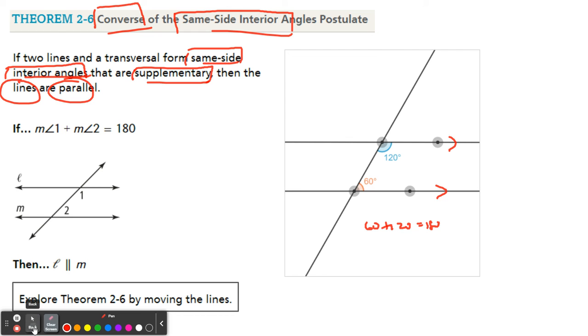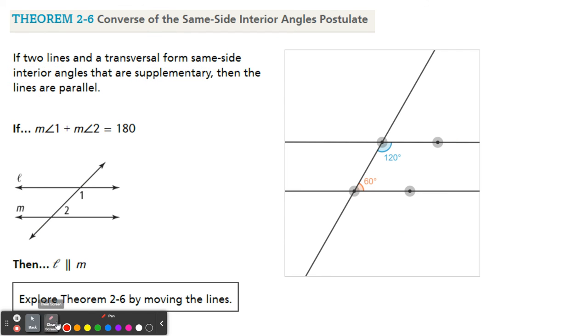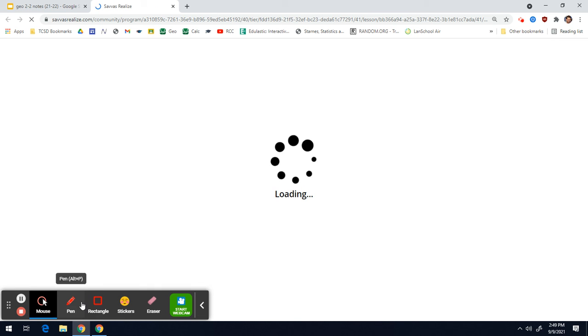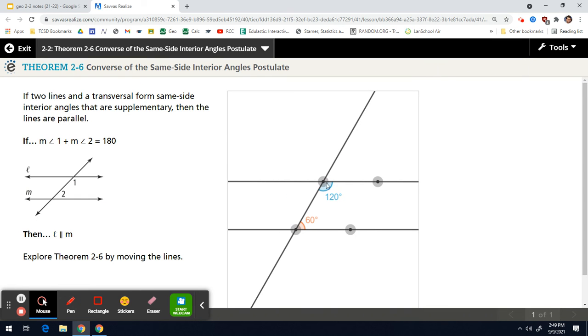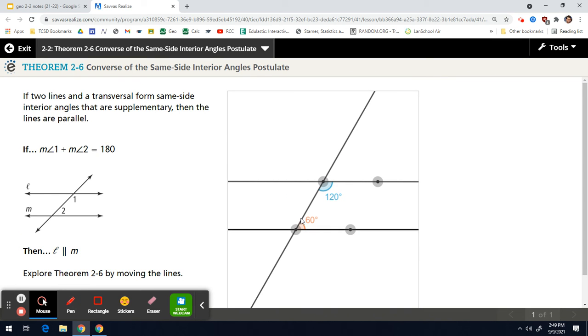Now let's explore this real fast. Let me take down these. Let's see if it jumps right to it. So what we're going to do is move some lines around. So let's move these. Notice they're not parallel, so they don't add up to 180. But notice that when they are parallel, they add up to 180. Same thing here. If I move this line, they're not parallel, doesn't add up to 180. But if I move it back to 60,